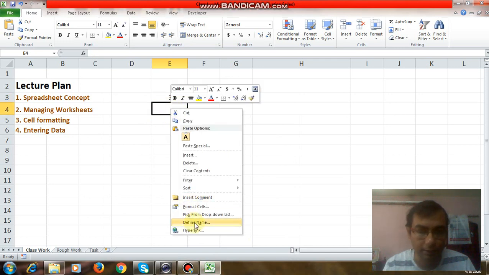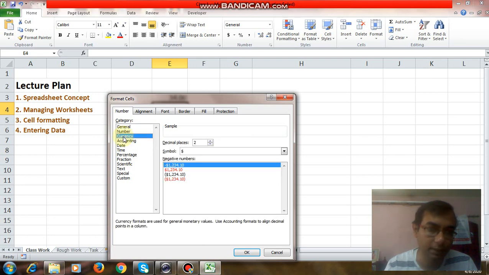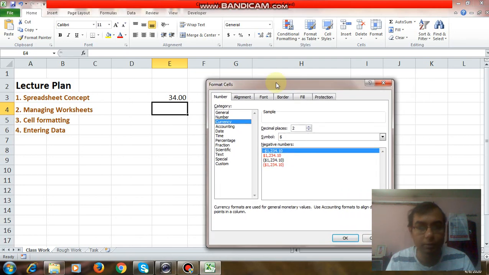Come to another cell, come to Format Cells. See, the third one is Currency. And you can see that by default it is dollar, because it is made by Microsoft, so it's a US company. By default the currency symbol is dollar. But when we will be working, in our case, maybe we require INR,